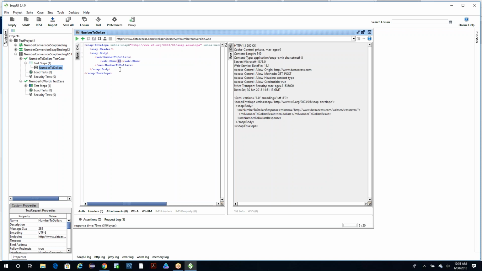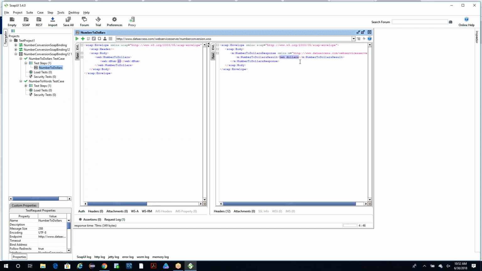message saying, okay, the user is asking to convert the numeric number 10 to a text message, and then the server responds back, okay, we have that in our server. I mean, we have that message. We can accept it and reply back, okay, hey, you are asking for $10 in text. Here it is. So on the left is the request, on the right is